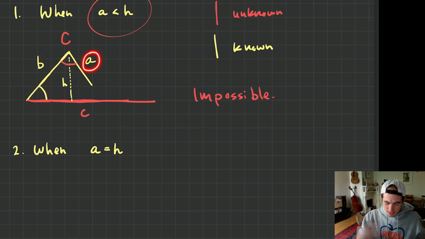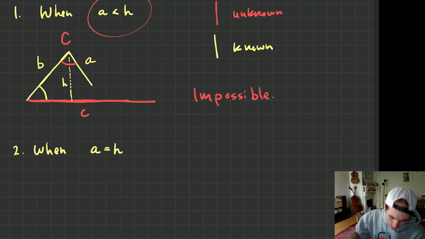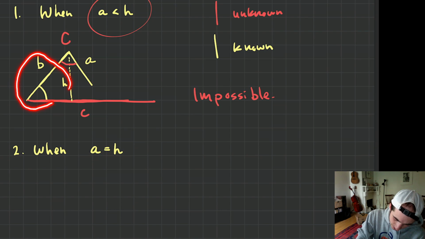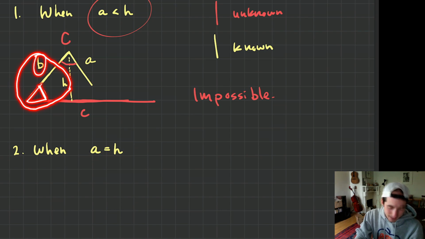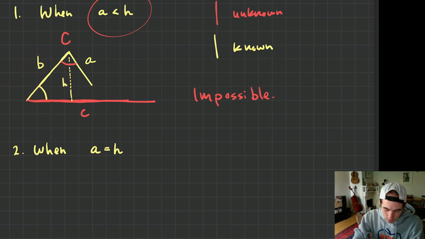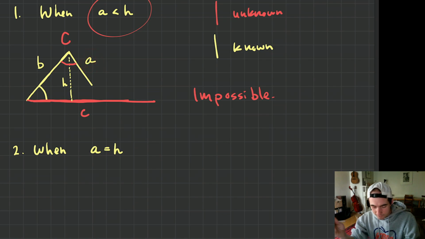But A is the variable that is the most important, the one that we're comparing H to. But remember that H is calculated from combining this angle and this side into the sine function, right? So we really are comparing all of these variables together, but A is the one that we're really focusing on. So when A is equal to H,